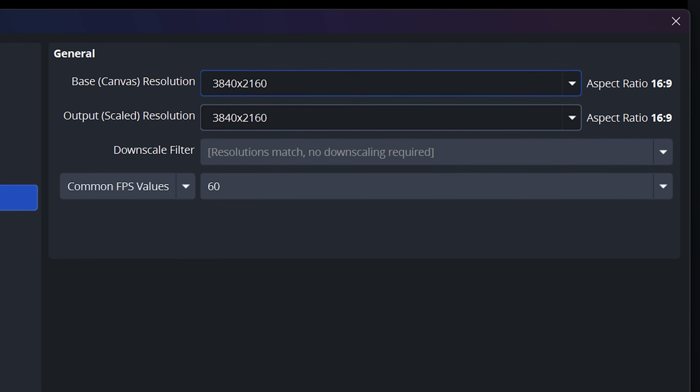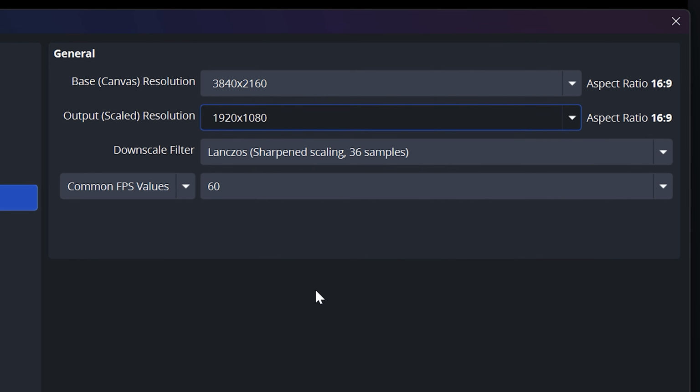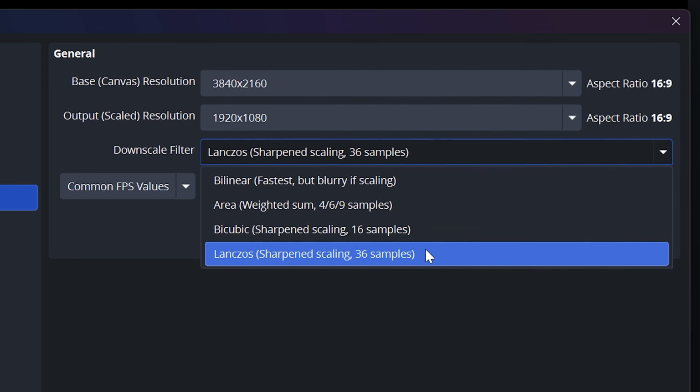Set Output Scaled Resolution to 1920 by 1080 for 1080p. I recommend this resolution as it makes repurposing and editing your clips easier while using the resolution most people are used to for long-form content. If your output resolution is lower than your base resolution like mine is, then set the downscale filter to Lanczos,